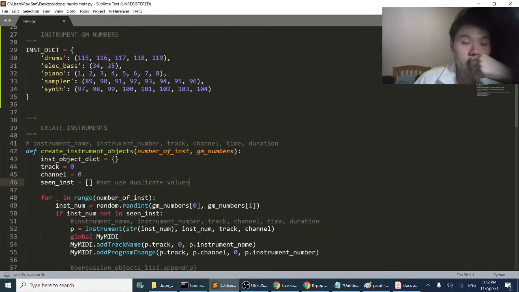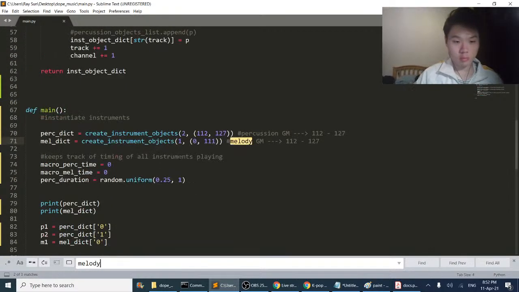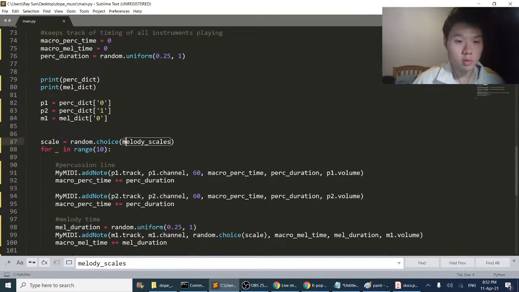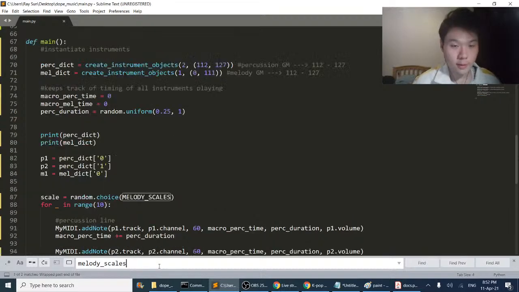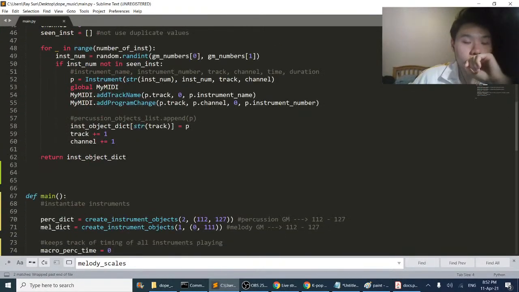Okay. Melody scales. This one has to be capital. Cool, that's all capitalized. All right. So in our main, we are going to choose our